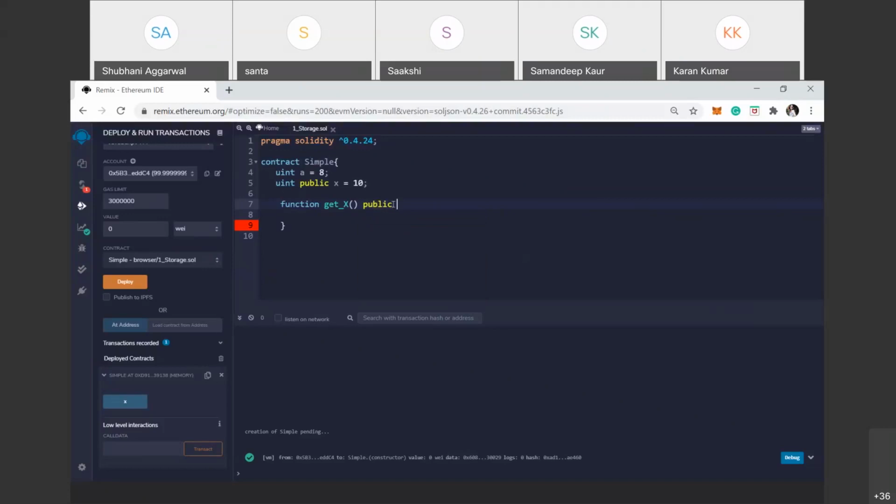So public view returns uint form, because if you want to access x, then x is in uint form, so the x value is returned in uint form. Return x.